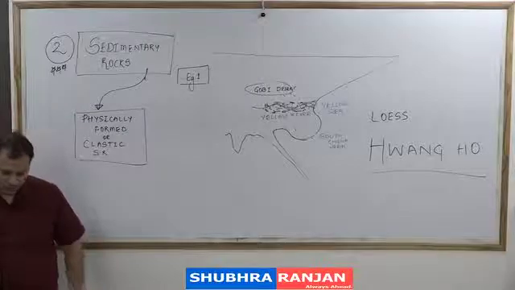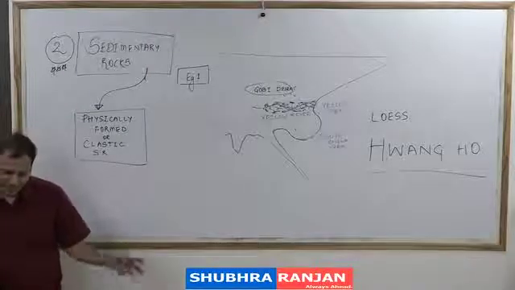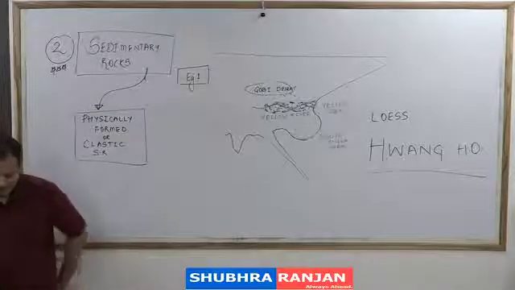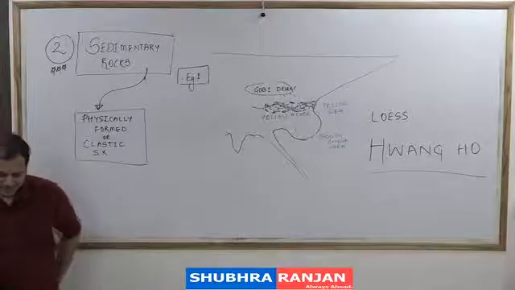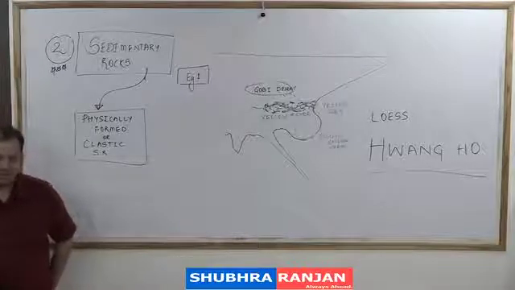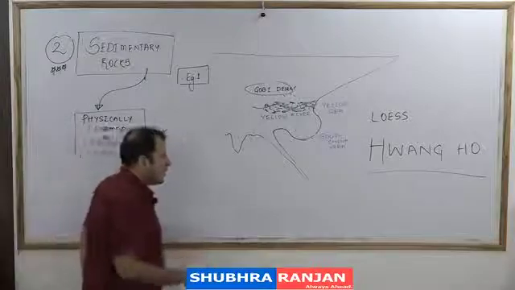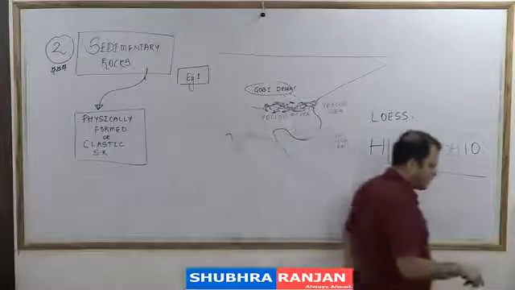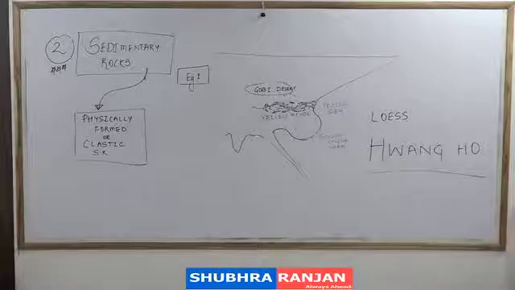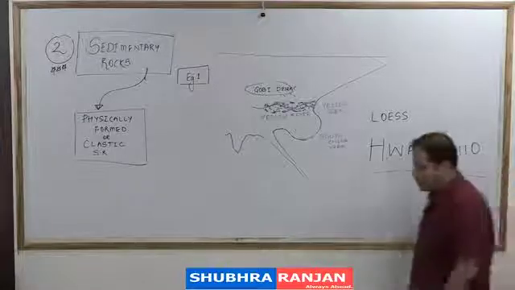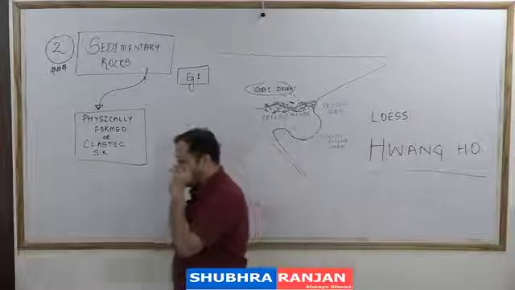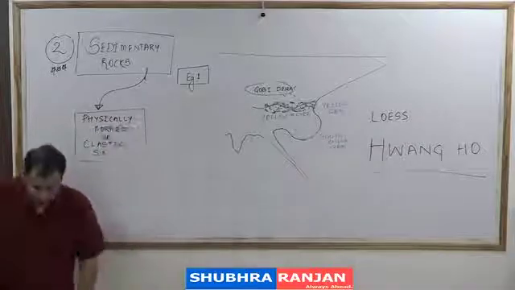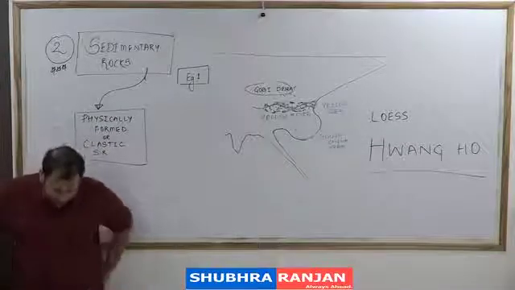In some atlases it will be written as Hwang Ho also. So remember, in Chinese the spelling does not matter, pronunciation matters. So Wang Ho or Hwang Ho, it is the same thing. Therefore, Wang Ho is known for